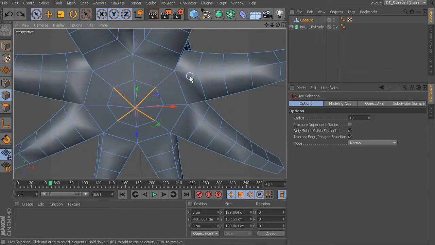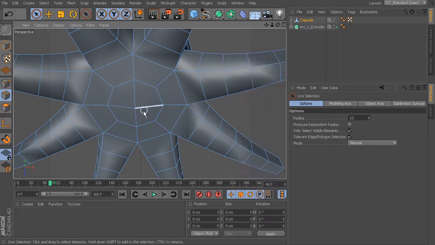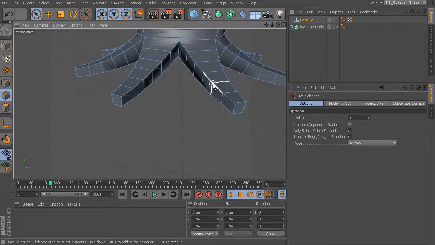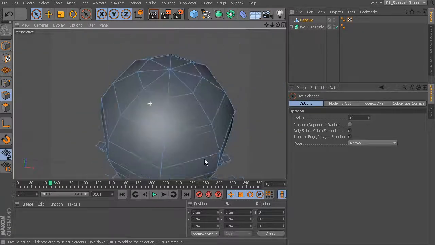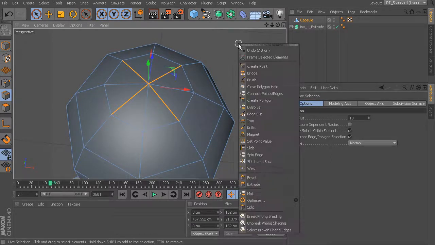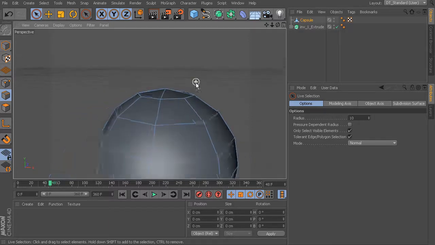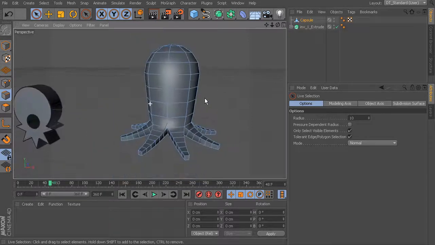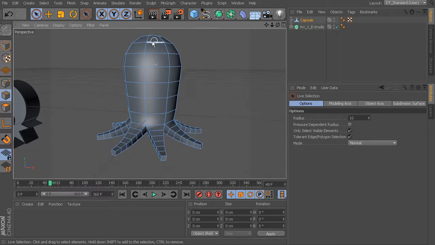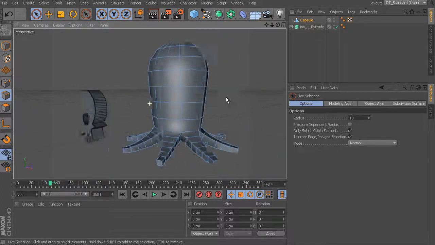Now we don't want to delete those as I just did. I actually want to dissolve them. So right click, dissolve. That'll get rid of the edges without getting rid of the faces that are associated with them. We can do the same thing up here at the top if we want to. Kind of take these edges, leaving that cross pattern. We'll dissolve, and that'll leave quads up at the top. Now once we've got this basic shape, we may want to add a little bit more shape because it's kind of straight up and down. Let's take a look